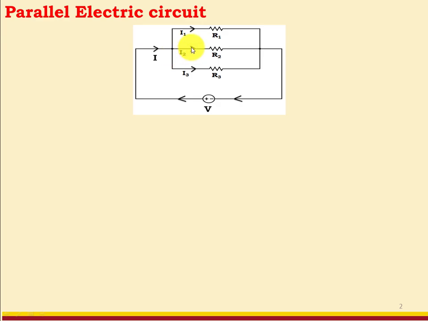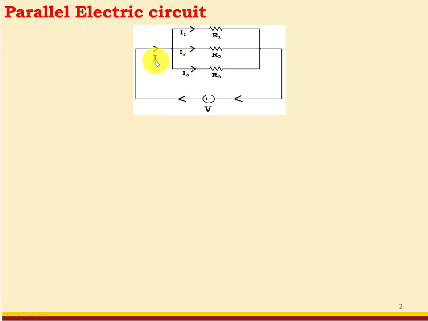Now here it is clear that the current flowing through each resistor will not be the same. Some current will flow through resistor R1, some will flow through R2 and some will flow through R3. Let us call the current flowing through R1 as I1, that flowing through R2 as I2 and the current flowing through R3 as I3. Now why are there various currents? Because there are various paths available for the flow of current, or in other words, here there is a node and at the node there is distribution of current.